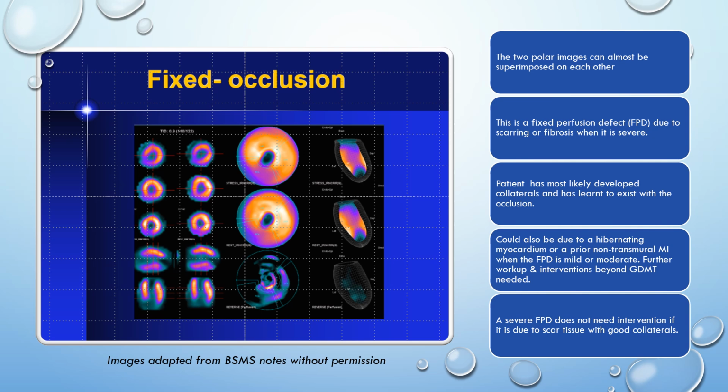So depending on the results we get, the interventions are directed as such. A severe fixed perfusion defect does not need intervention, and this is due to scar tissue or fibrosis with good collaterals, while a mild to moderate fixed perfusion defect, as determined by the nuclear radiologist, is going to need some more workup and some more intervention beyond just mere